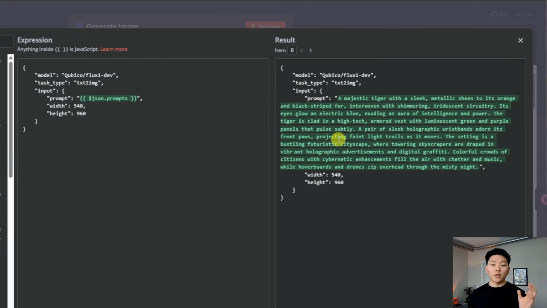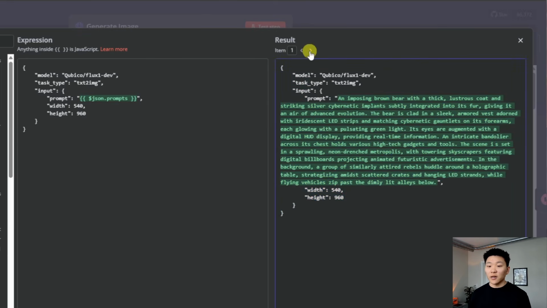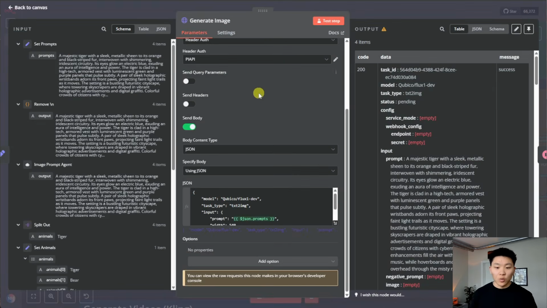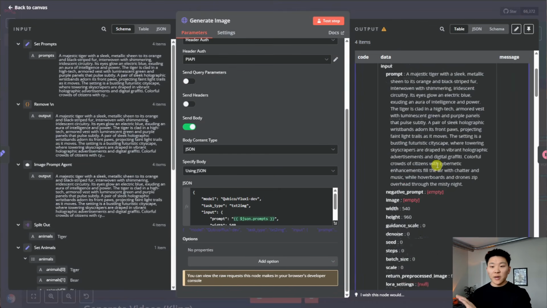And once again, this is going to run 4 different times. So the first run is for the tiger, second run is for the bear, third run is for the rhino, and the fourth run is for the muscular pig. Cool. So what happens after we send this request to Pi, it basically comes back with 4 items, so 1